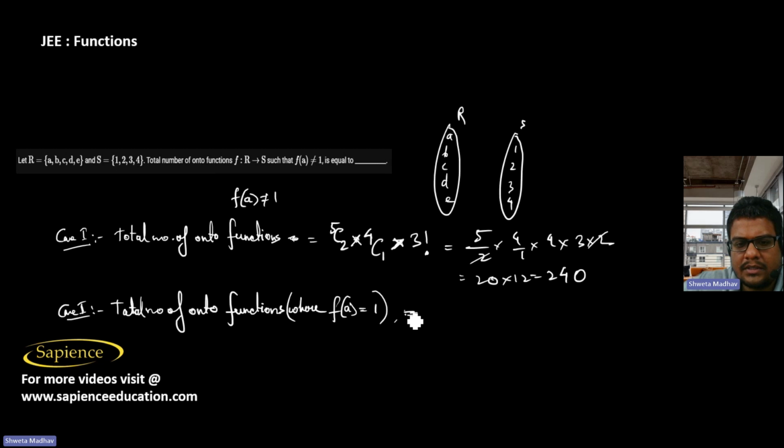So that will be equal to, so here a will map with 1. So then we have remaining 4 elements. So out of the remaining 4 elements,